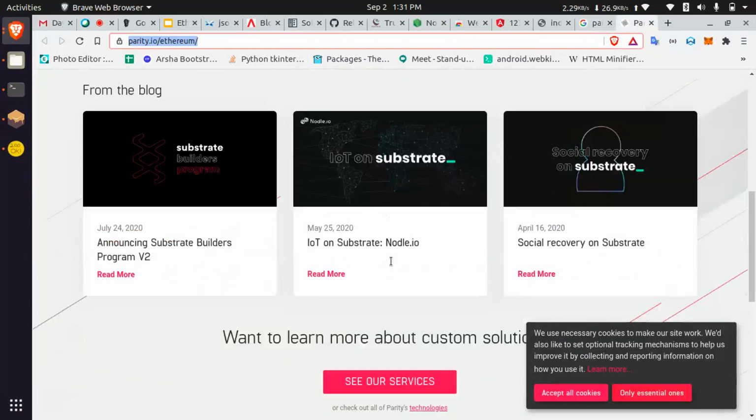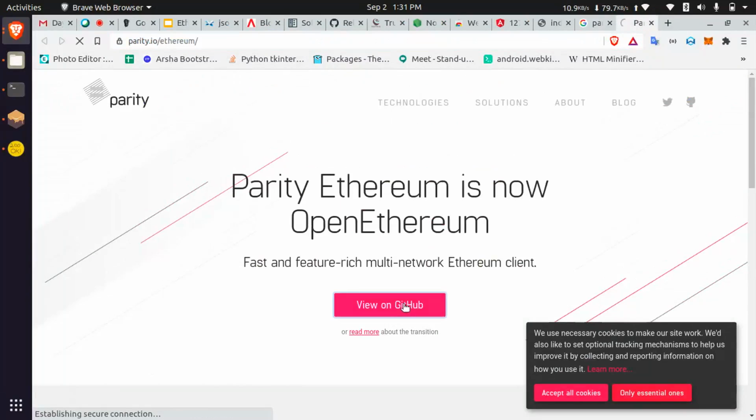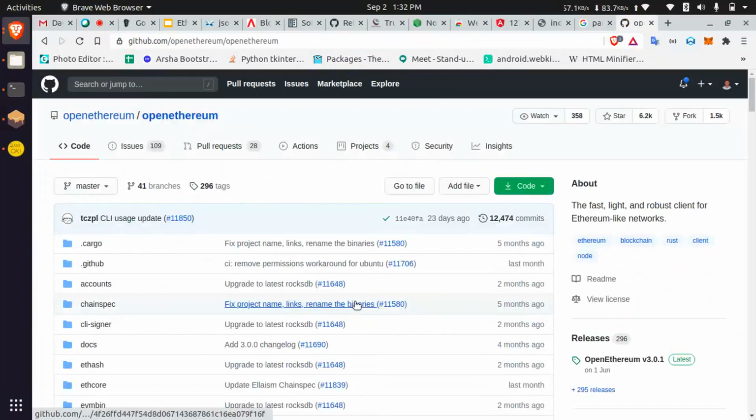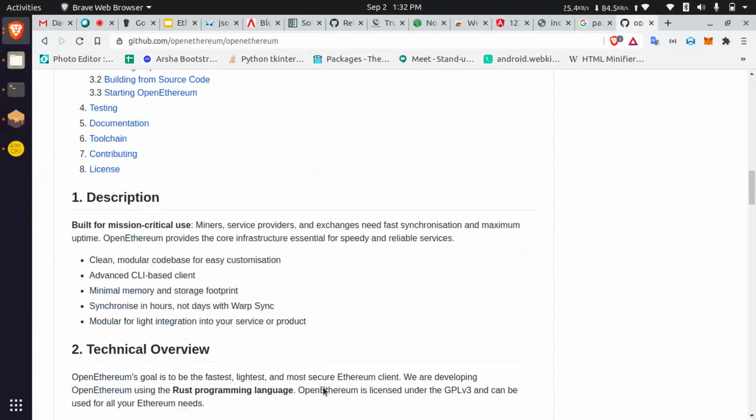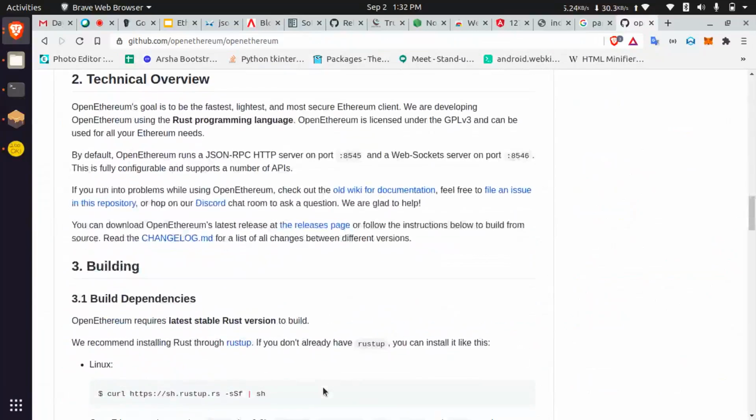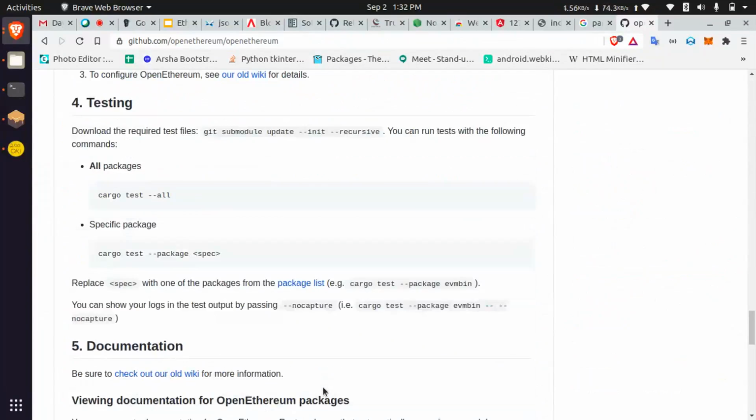Here they also give all the documentation. Just refer to these sites for starting a Parity node. Okay, the same as Geth.